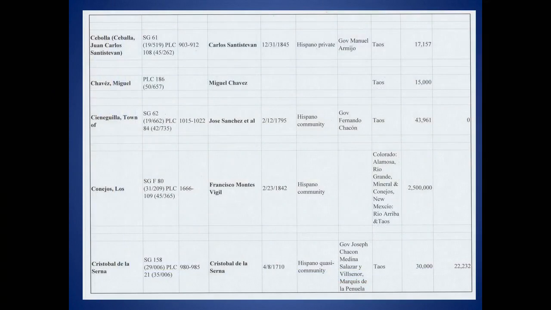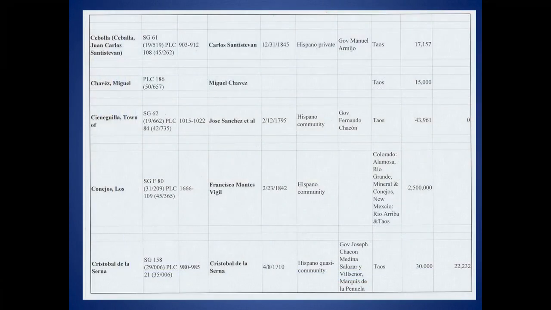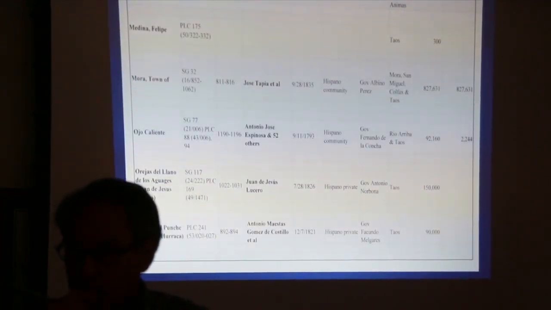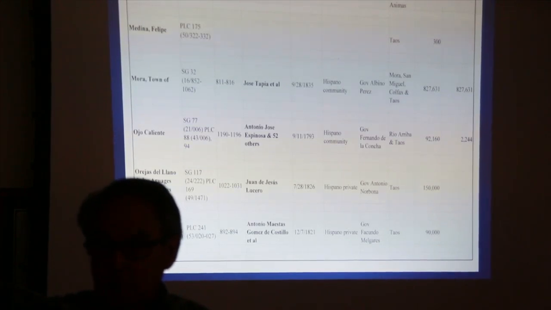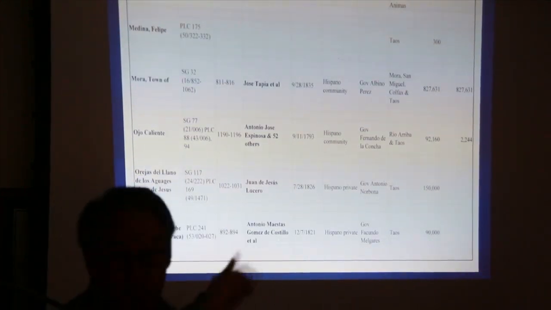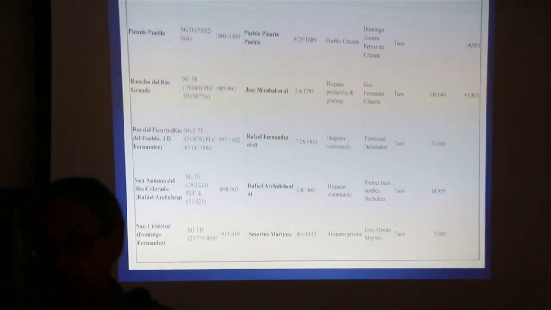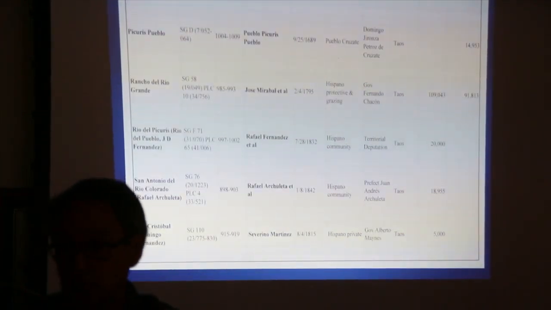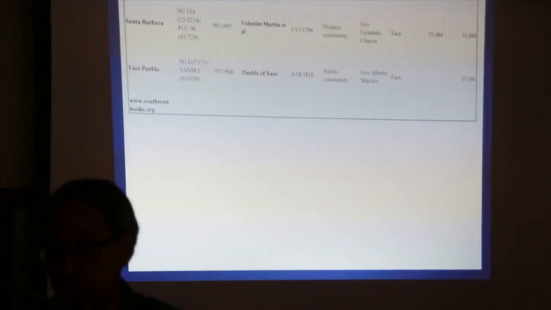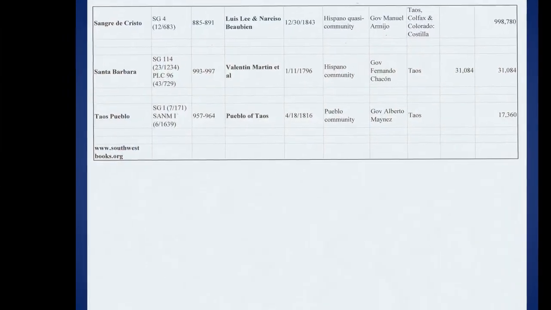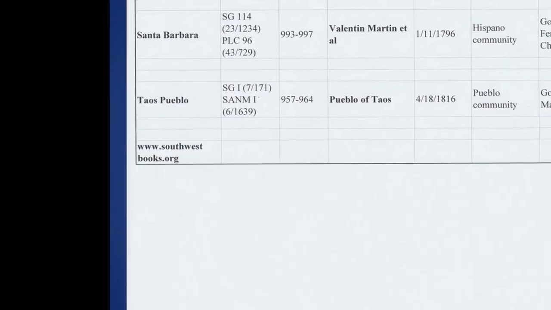Go ahead, Bill. Well, just keep going because these are all in alpha order. John, yes, ma'am. I know this is on Taos, but do you know the name of the land grants that were in Pecos? Yeah, if you go to your map, the one that preceded this, you're going to look at that, and then you're going to be able to identify it in the map, and then you can refer to the legend and the name of it. Yeah, we'll look at this. Okay, and here's the website, if you're interested. It's on the very last page.